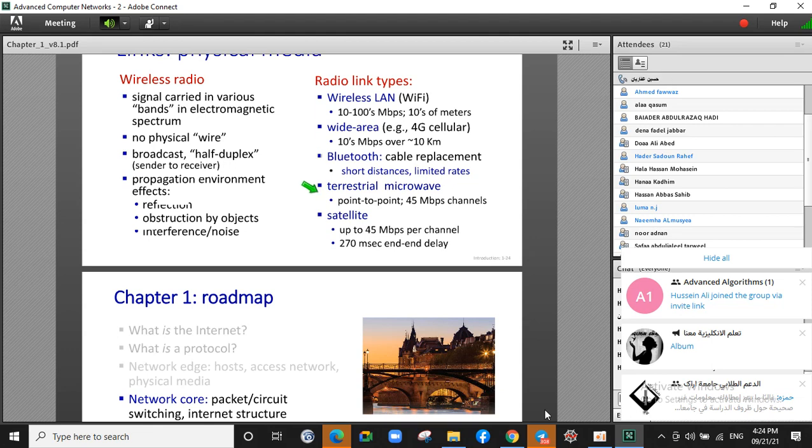Another type is terrestrial microwave and satellite. These two types are similar, but terrestrial microwave is mounted on the Earth, but satellite is placed in the sky. Okay, this is the difference between them. Terrestrial microwaves are mounted on the Earth, and satellite microwaves are mounted in the sky. In both of them, we have 45 megabit per second channels,